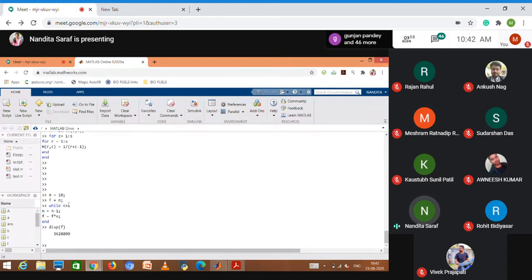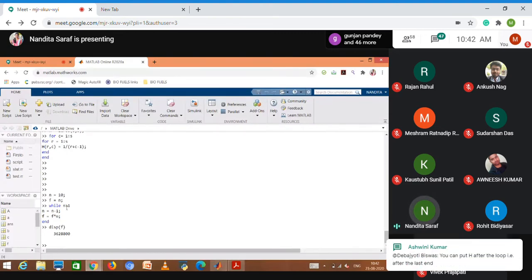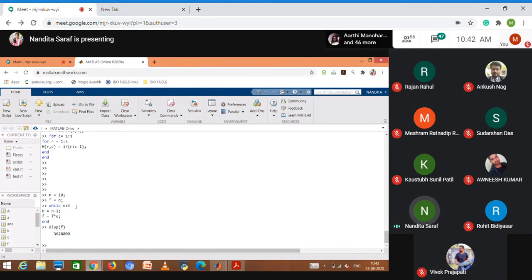Every time, it will compare the updated value of n with 1 and decide whether n is greater than 1 or not. If it is greater than 1, it will execute the loop, else it will just bypass the loop and display the result.